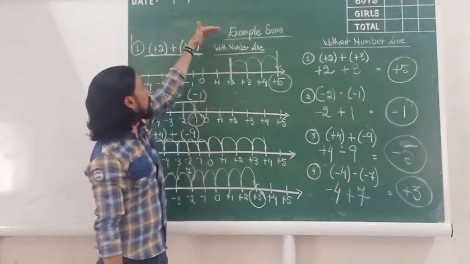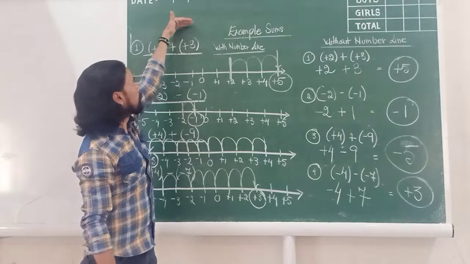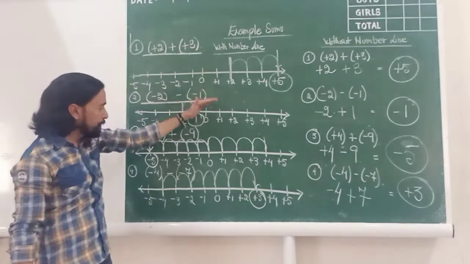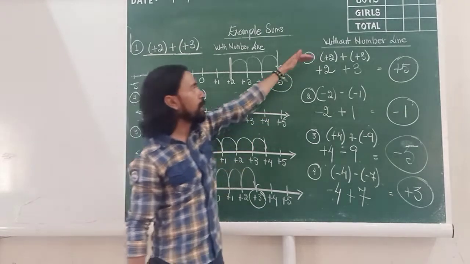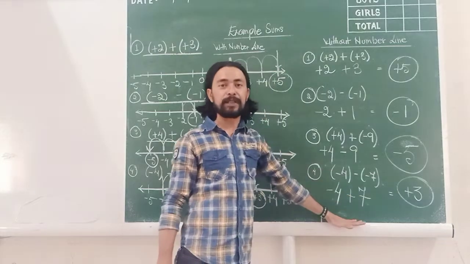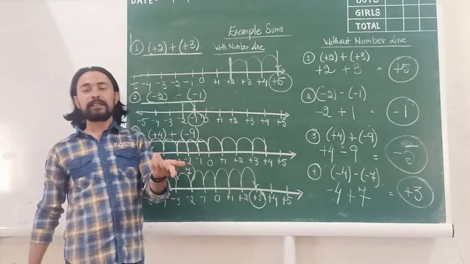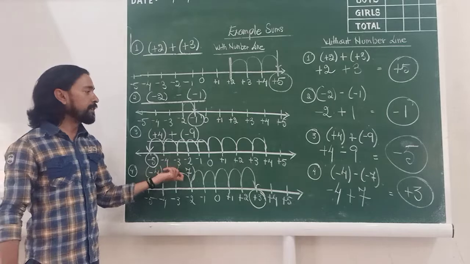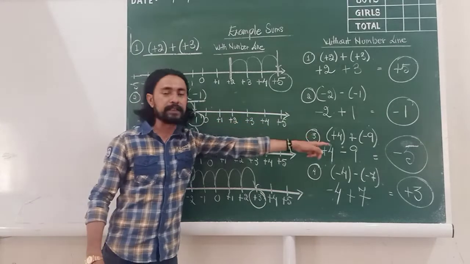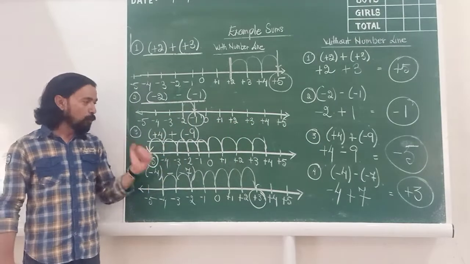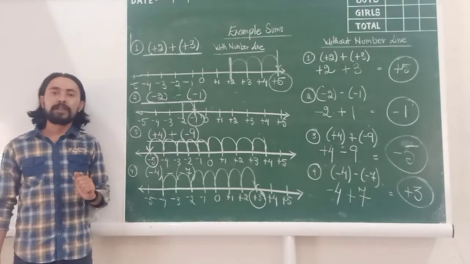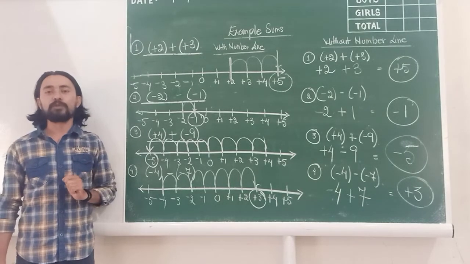You can write "with number line" on top of the sums here, and then copy the sums and do them on the number line, and then write "without number line" and the same sums. The same sums, the answer is the same. This is with the number line, and that is without the number line. I hope now the concept is clear with you, and only after this we will now move on to the